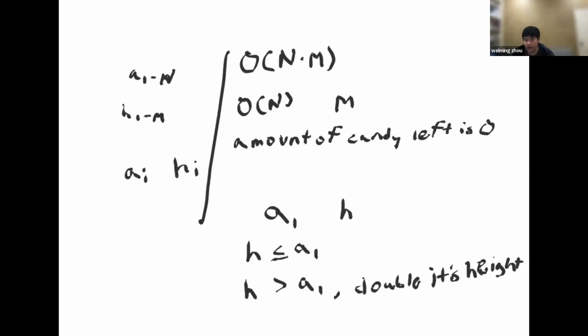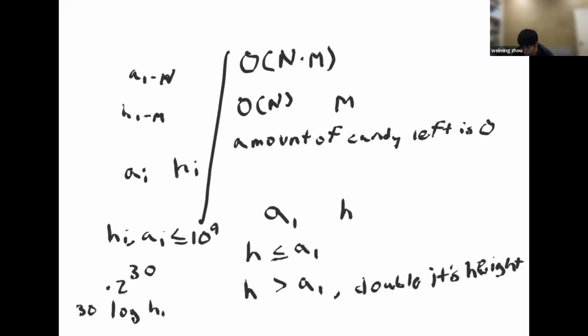So, why this fact that the first cow will double its height matters is that the first cow can't double its height that many times. And since we know that all of the input values of H of I and A of I are less than or equal to 10 to the ninth in the original problem, after the cow doubles around 30 times, or increases its height by 2 to the power of 30, the first cow will be guaranteed to eat all the candy canes immediately. So what this means is that at most 30 or